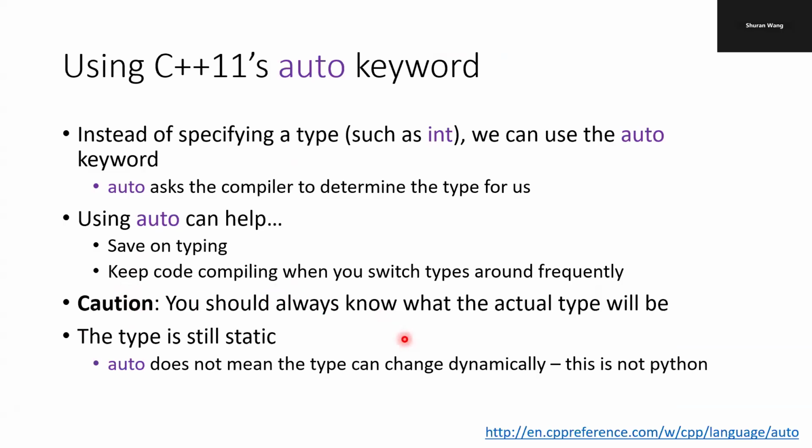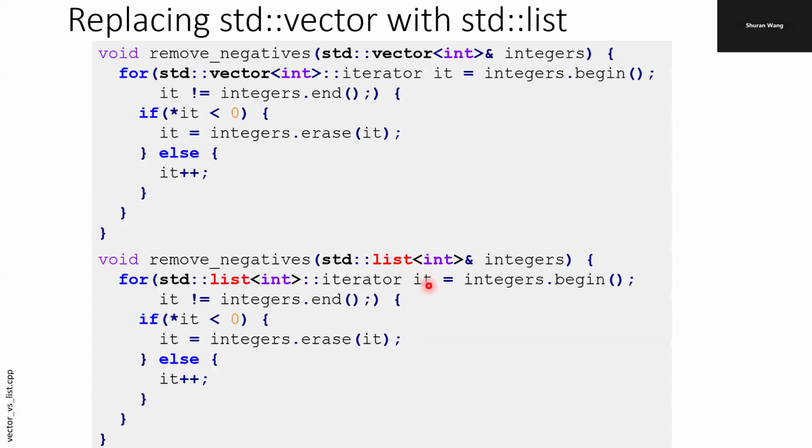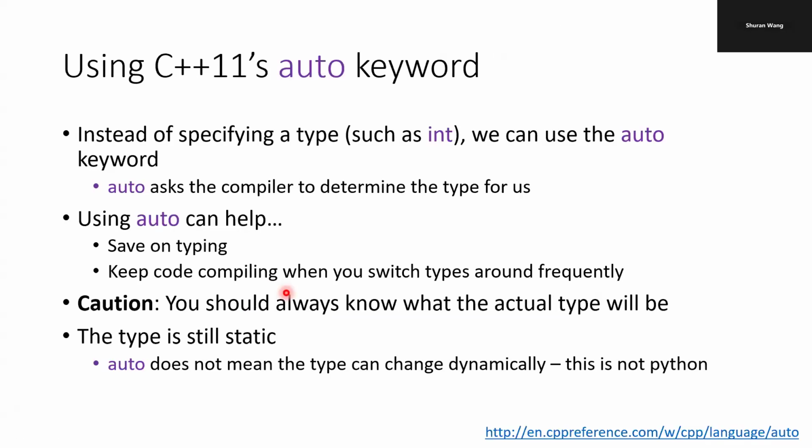Just be cautioned, you should always still know what the actual type will be, and this type, after the first assignment is made, is made static. So the compiler will still treat auto it = integers.begin() like this. This is not Python. The auto type does not mean the type can change dynamically. It will fix to the type after the first assignment is made. If that is clear, let's